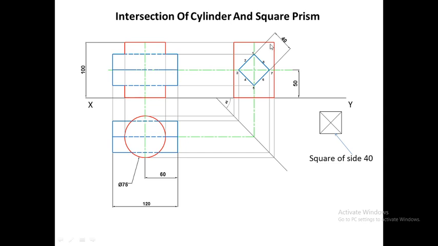So you have seen that we have marked points 2, 4, 6 and 8. Now point 2 is lying at the center of 1 and 3. That is, you have to just bisect line 1 and 3. Take the midpoint of 1 to 3, mark it as point 2. Similarly, take the midpoint of 3 to 5, mark it as point number 4. And again take the midpoint of 5 to 7, mark it as point number 6. And again take the midpoint of 7 to 1 and mark it as point number 8.